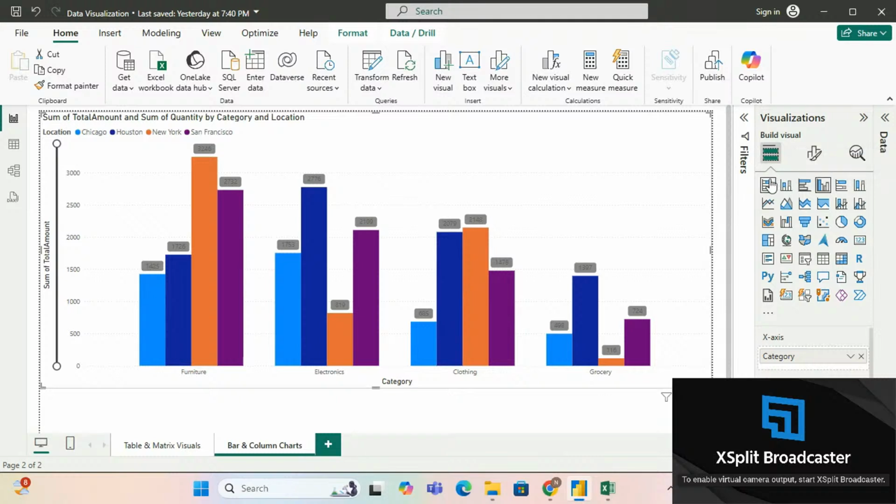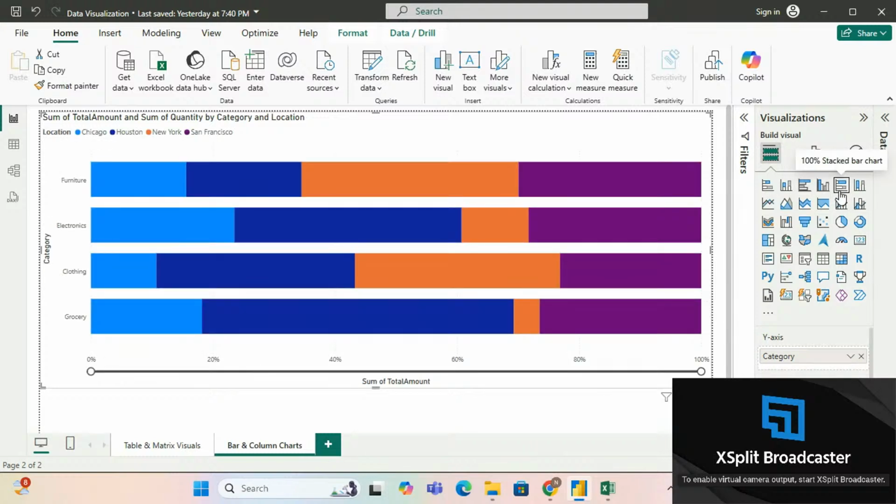The only difference that you'll observe between stacked bar chart and 100% stacked bar chart is that each and every bar present in 100% stacked bar chart will be of the same length, same size. I'll convert this chart into 100% stacked bar chart. See, every bar will be of the same length, that is 100%, 100%, 100%, 100%. Okay, so for furniture category,